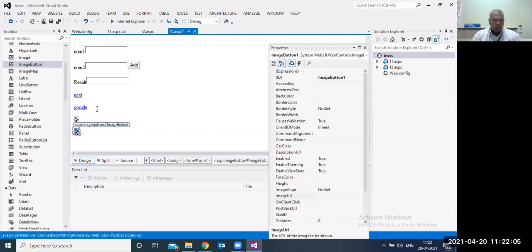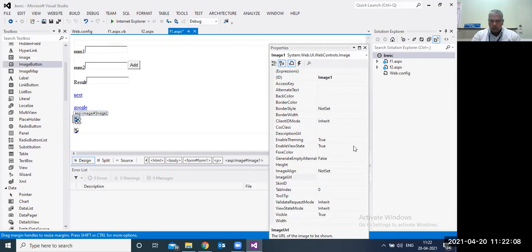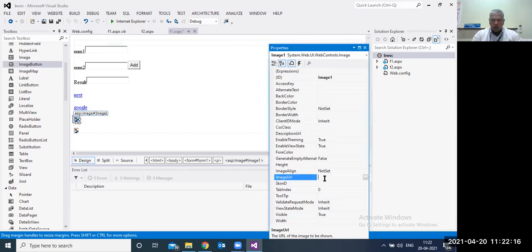So for the image, what I have to do is I can put an image URL, some image link, the a.jpg file.